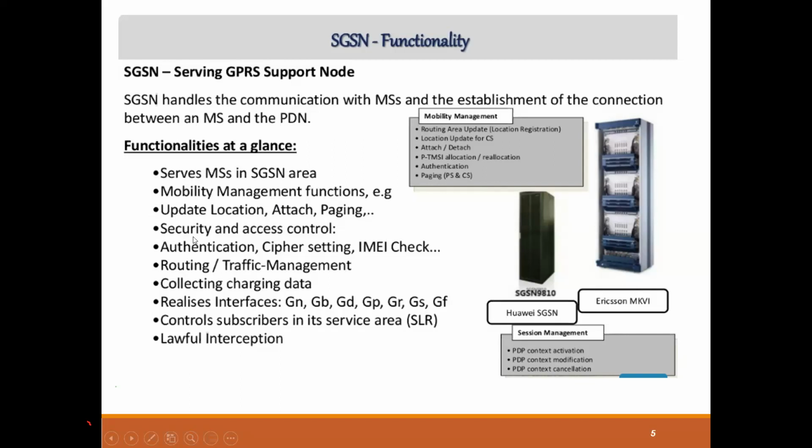Okay. The next one is security and access control. If I want to restrict a specific user from using PS services, or a specific operator, say we have a roaming agreement with different operators and I don't have a roaming agreement with a specific operator, I have the functionality to stop the users of that roaming partner from using packet core services using my SGSN. Apart from that, we have security. In security, it is responsible for authentication. Like I mentioned, the communication with the HLR is for authentication. Then you have